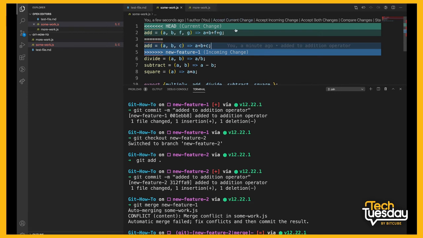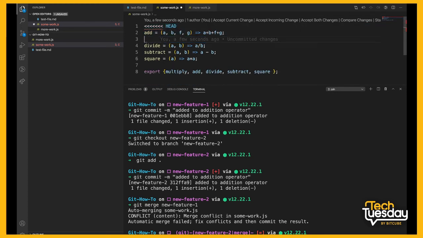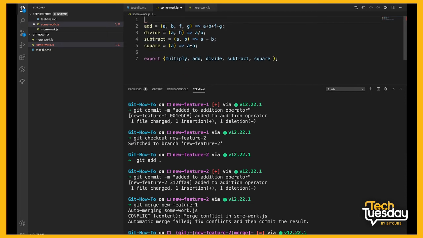So you would have to manually go and say, okay, all the other work that did not have conflicts I want to accept, but in this case, I would only like to accept the work that I did on this function. Then you would go and remove that,